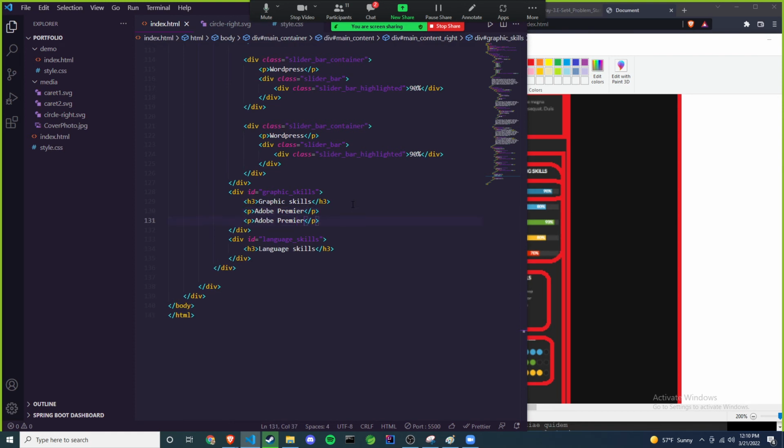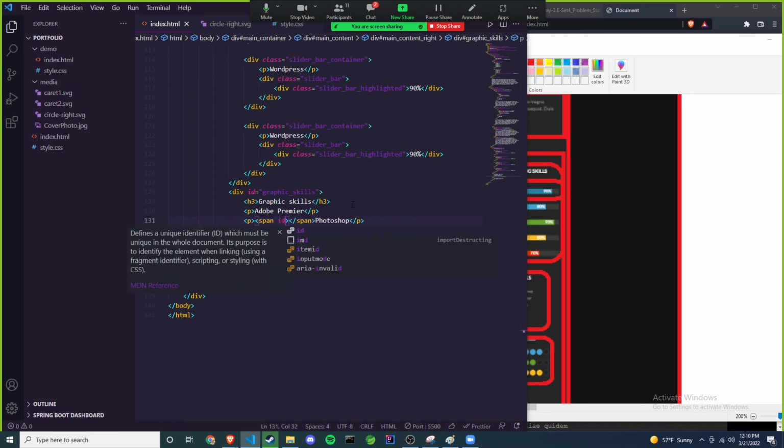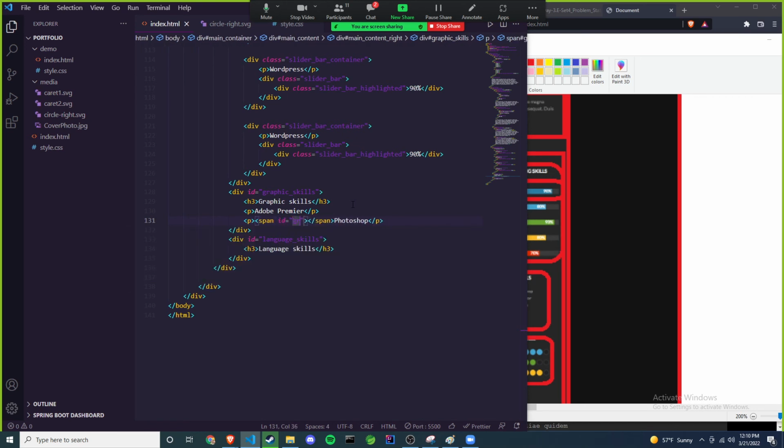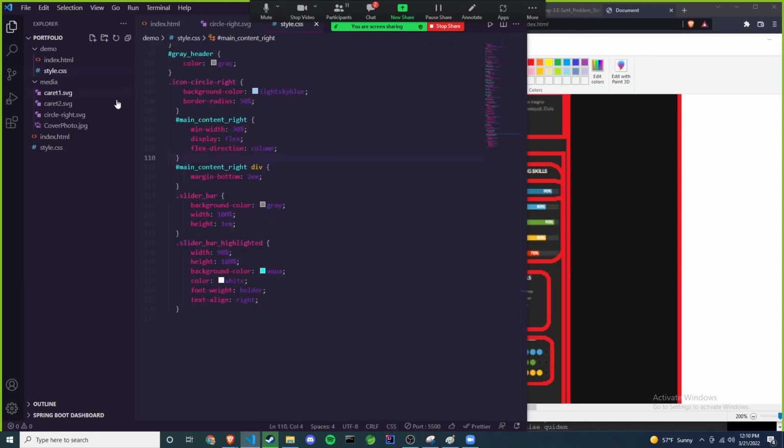And, Photoshop. But I will do a little span in the beginning, and I'll just call this gray, or, blue square. And I'll do the same thing here, but I'll call it something else so I can specify a different color. Green square, and then